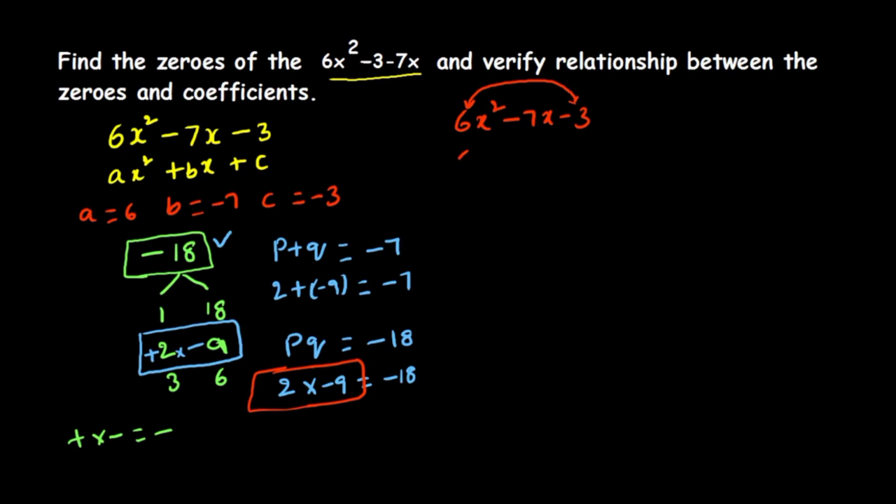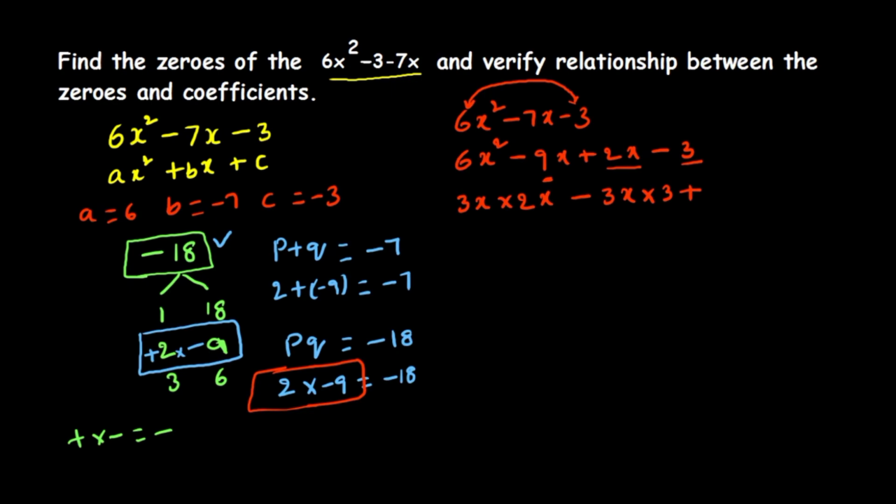Now we write this 6x square. So minus 7x we write as minus 9x plus 2x, minus 3. Now again, 6x square we can write as 3x into 2x, because 3 2s are 6. And minus 9x we write as 3x into 3, since 3 3s are 9, into x, 9x. Plus, observe here, in 2x and 3 there is no common number.